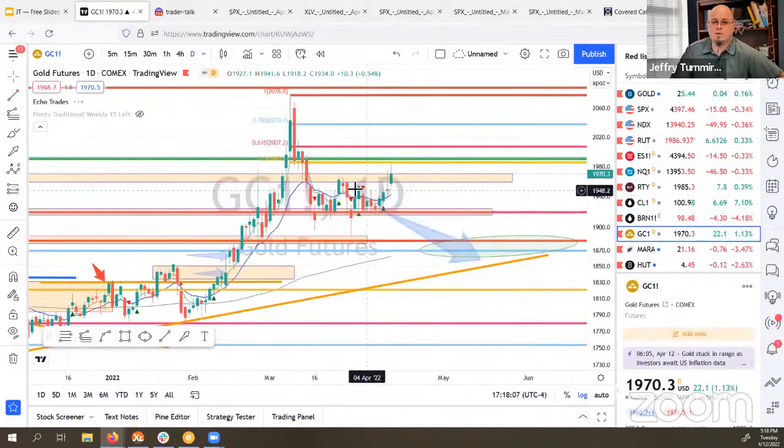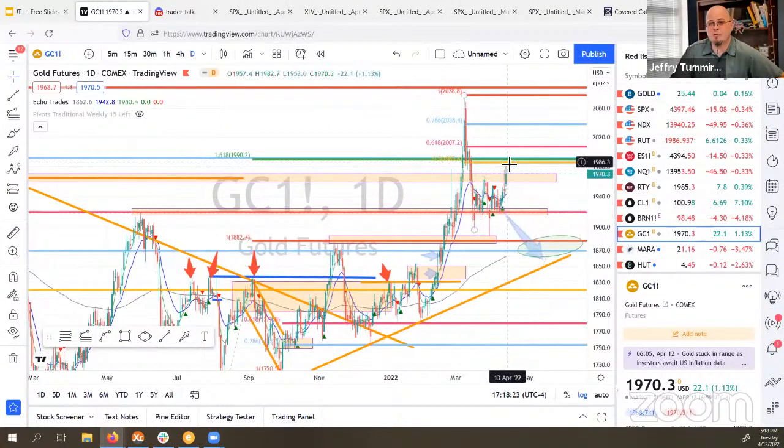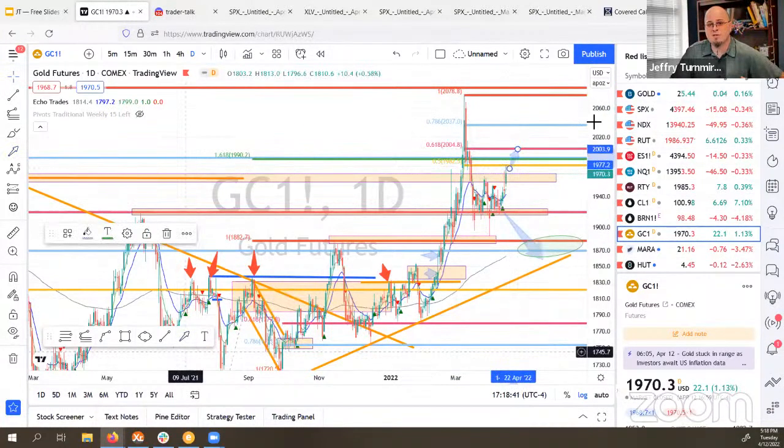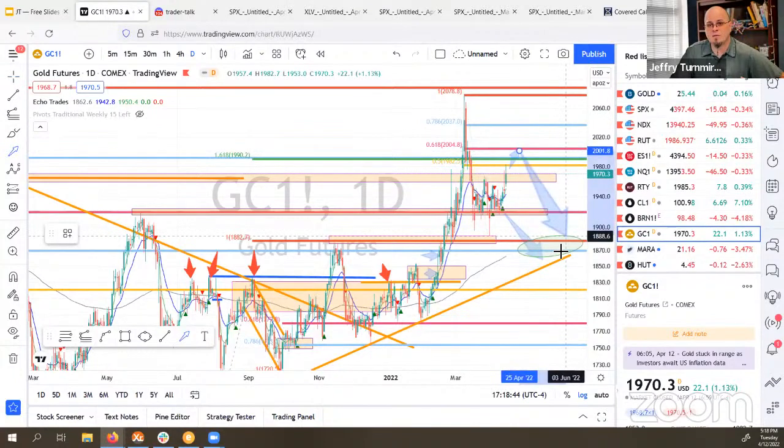Gold. I don't think I mentioned this at the beginning. We did get a little pop up here today with this market pullback. I still think we're on this path to come down and revisit this uptrend of the lows. But if we can break back up through the 618 up here, I'm going to move that over just slightly to the lowest low. If we can break back up through 2,000 price on gold, and that's going to be a big resistance. We may see this bounce right up to there and then find some resistance at 2,000 and then come back down like that.